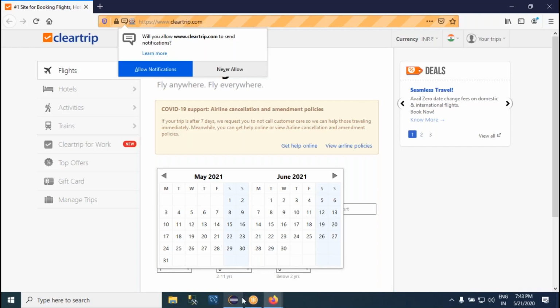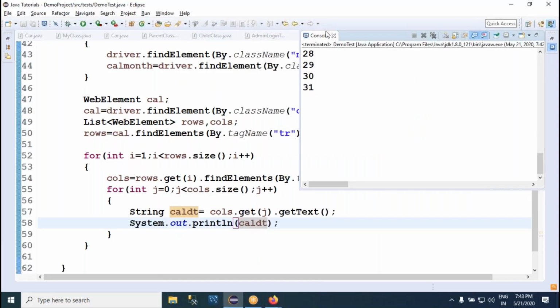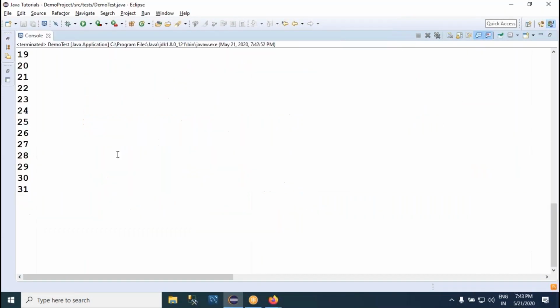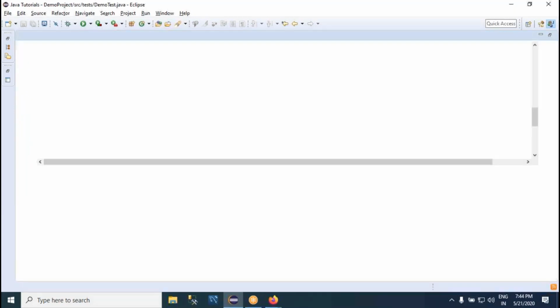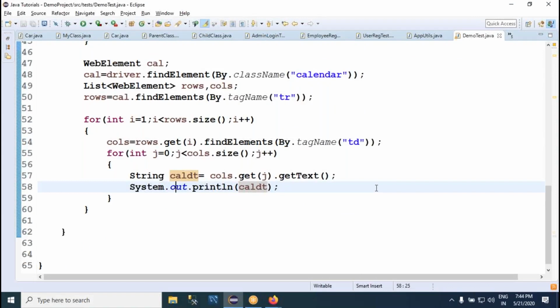Then reading the data and printing. See all the dates it is printing. Finally, your code is able to read all the dates available in the table. Okay. Now, what next? So here what I do,